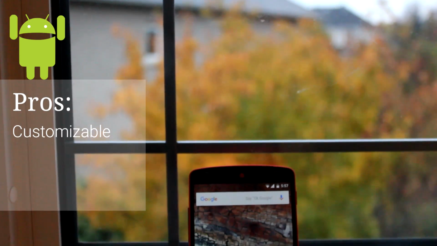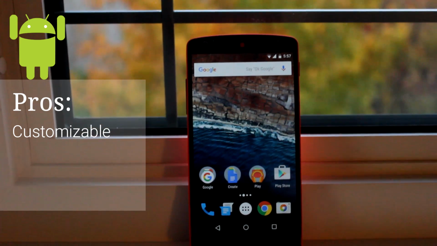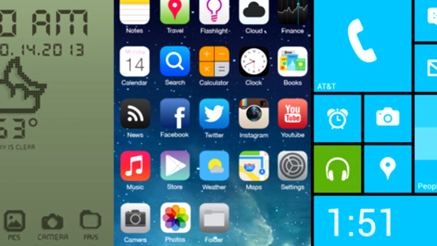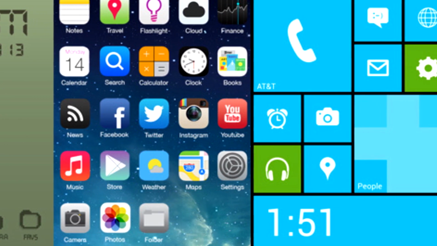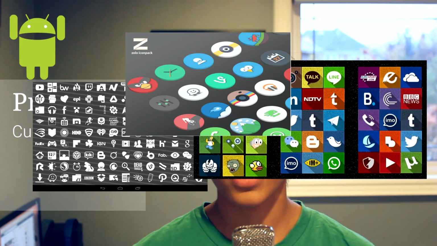So one great thing about Android is that it's a really open operating system, as opposed to iOS, which Darsh already talked about, is really locked down. So with Android, you have the power to change your launcher, which is how your phone interacts with what you see on your screen, your icon pack, so what the app icons look like, and things like that.